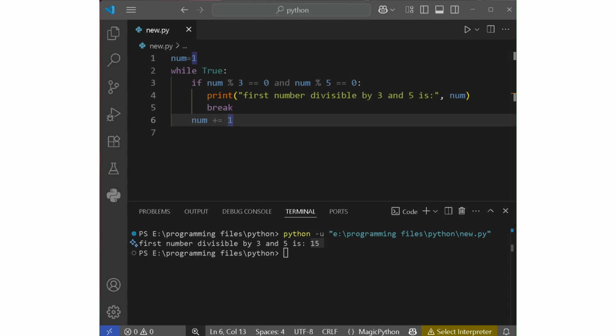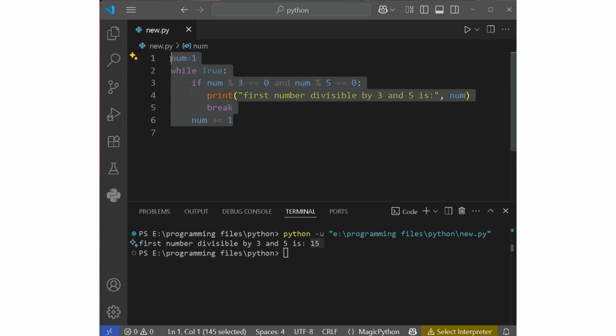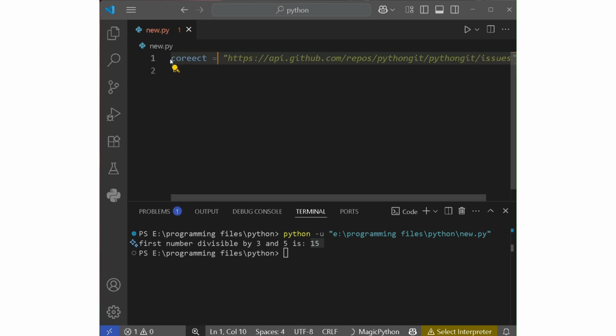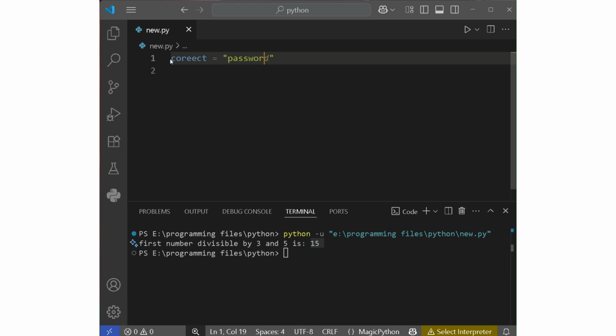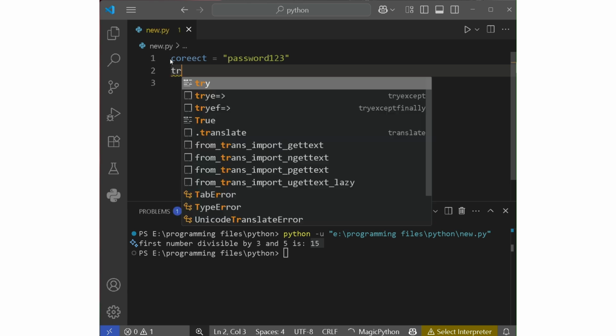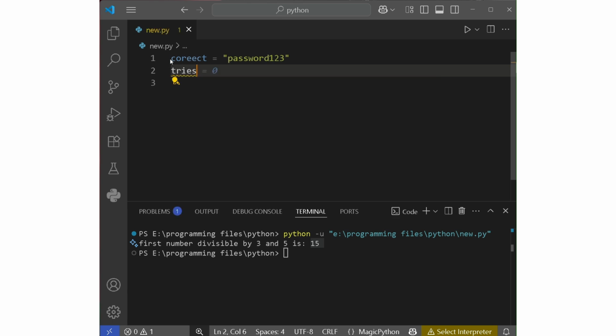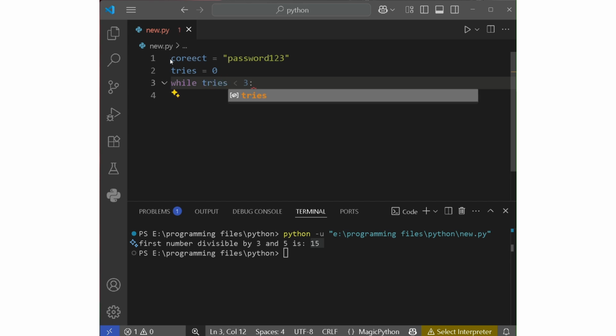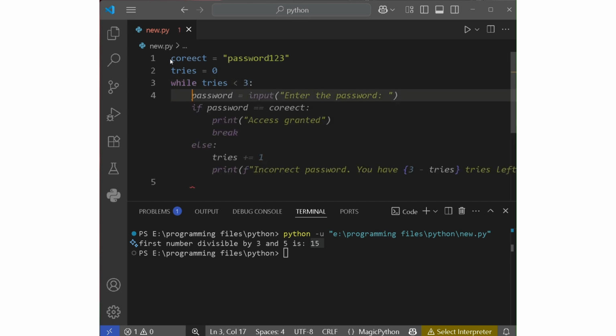Now let's see another good example of a while loop by using a password example. Suppose correct equals password 123. Now I'll write here tries, how many times you have tried to put a password. So the initial value is 0. Then while tries is less than 3,